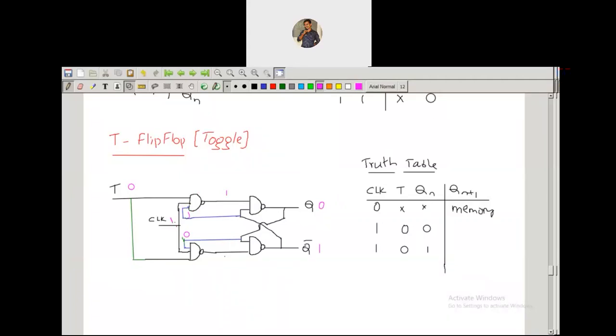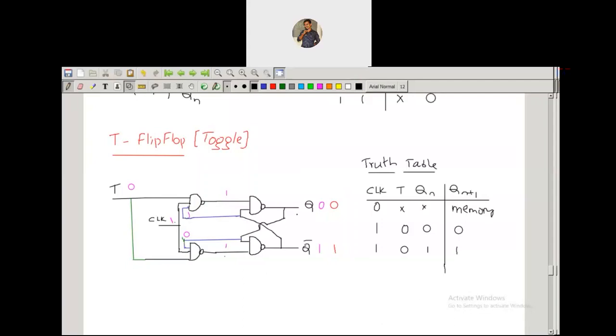And here also you are having 0 1 0. Here also you are going to get 1 only. So the output will be the memory case. It is an SR latch using NAND gates. For this SR latch, the inputs are 1 1, so you're going to get the memory case only. So this will be 0 and 1. The output is the memory case only, same as the previous output. Qn 0 and Qn plus 1 is 1 only.